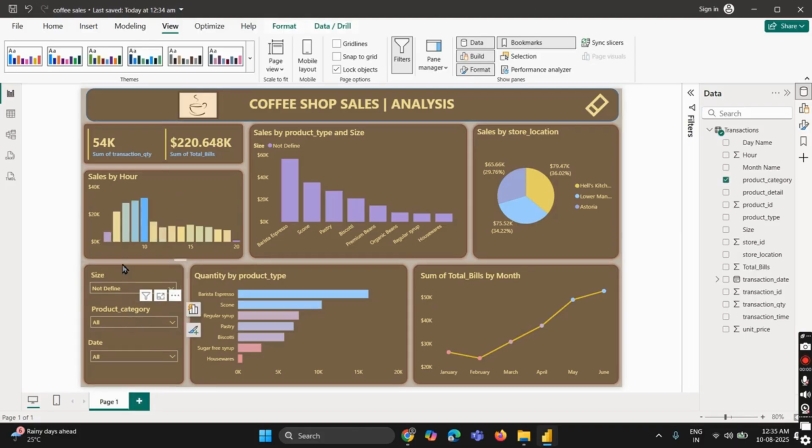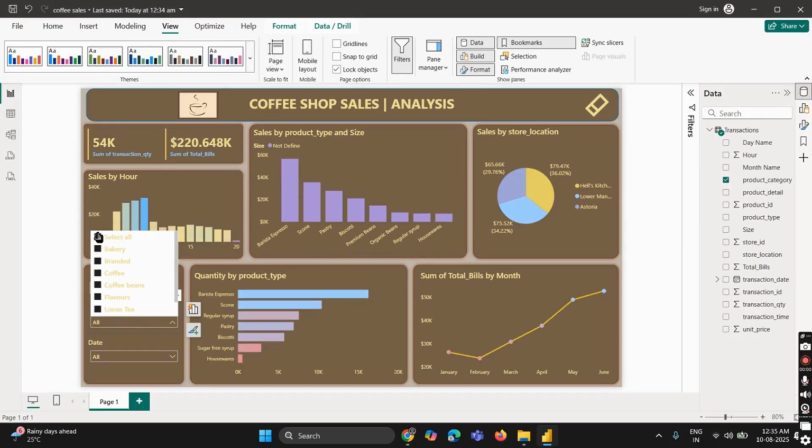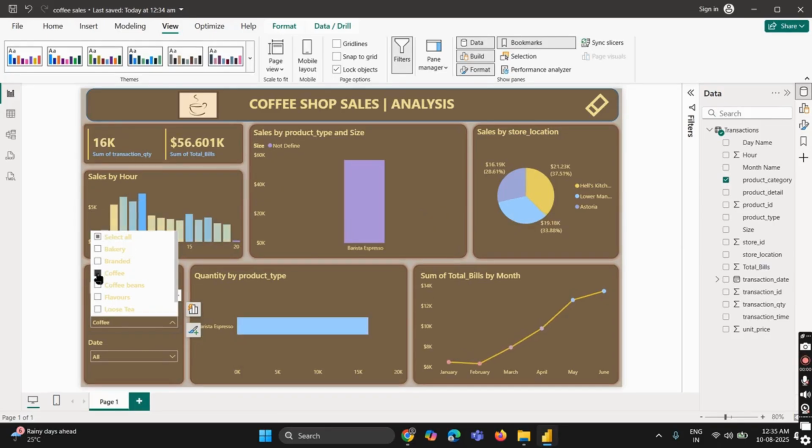Filters and interactivity. On the left, we have slicers for size, product category, and date. These make the dashboard interactive, allowing managers to drill down into specific product lines, time periods, or serving sizes to get deeper insights. Conclusion. In summary, this coffee shop sales analysis dashboard helps decision-makers understand customer habits, top-performing products, store